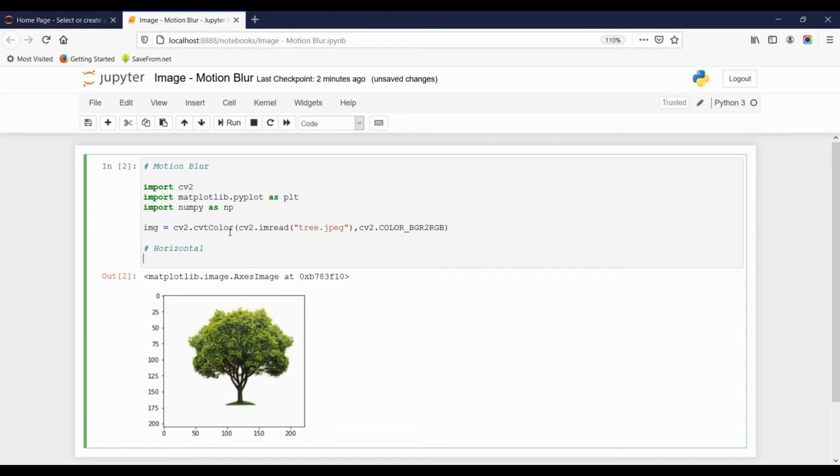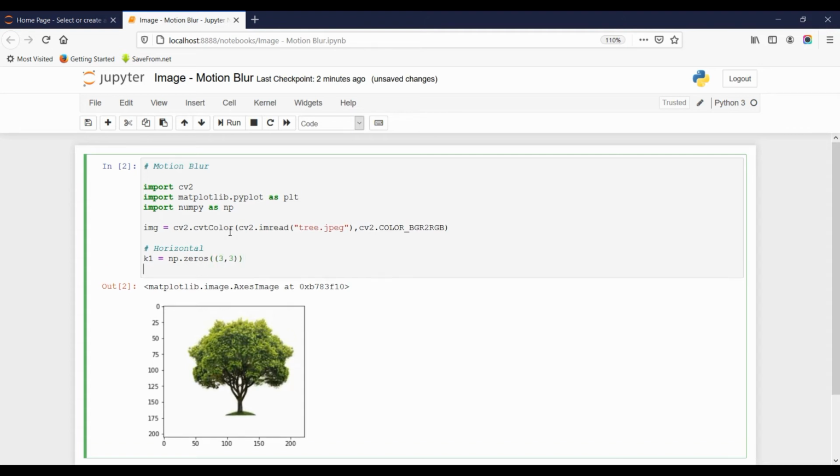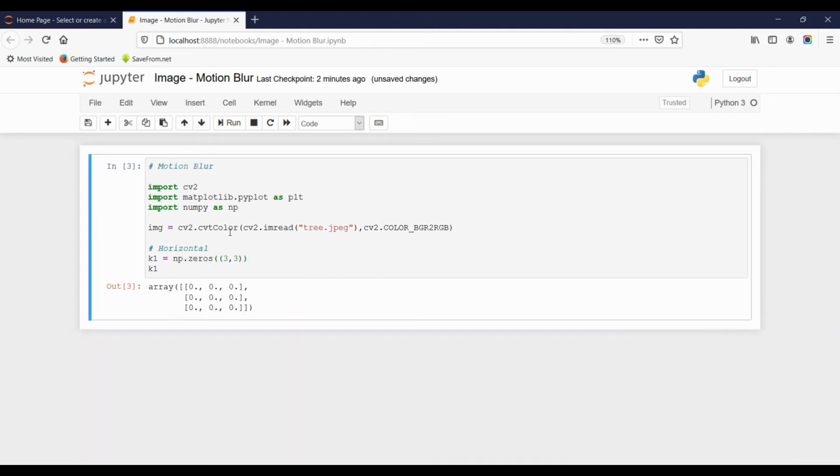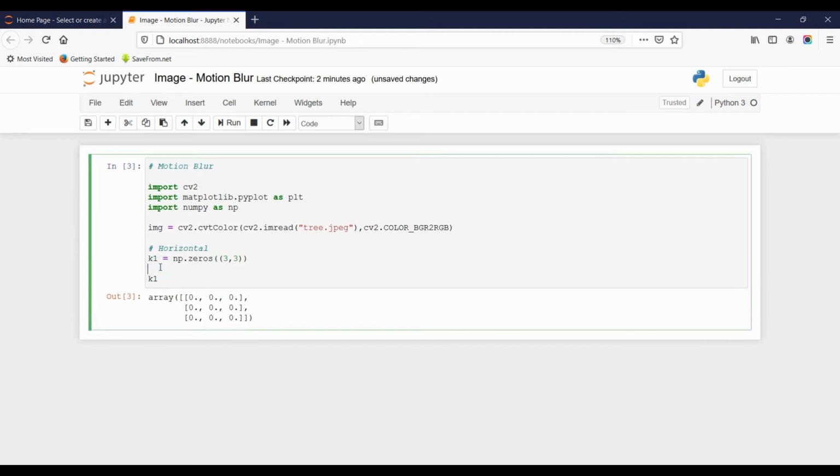Now first we are going to define the kernel for the horizontal motion blur effect. As I have shown you, for the horizontal motion blur, we are going to have a central row with all the values 1. The rest of the matrix values will be 0. So k1 is equal to np.zeros. Initially, I will make all the matrix values 0. Now, as the next step, I am going to take the middle row.